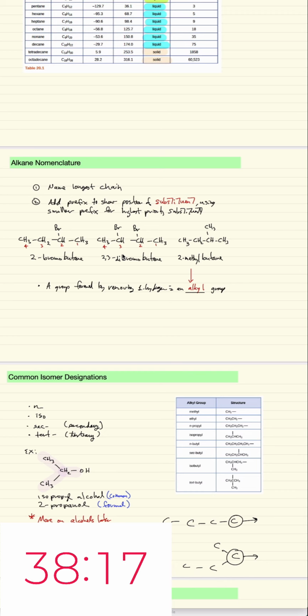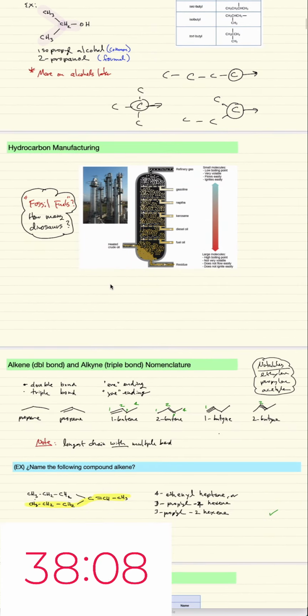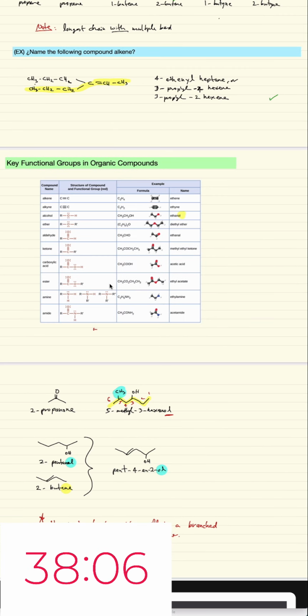Now, the other thing is you have functional groups. Everything is not an alkane. Everything is not an alkene. Everything is not an alcohol. So you need to know what those are. If you look at one of the tables in the books, you will see that it gives you all of the functional groups. So the two key things you need to know out of chapter 20 and be sure you can do is,